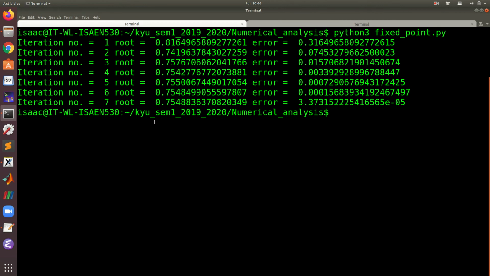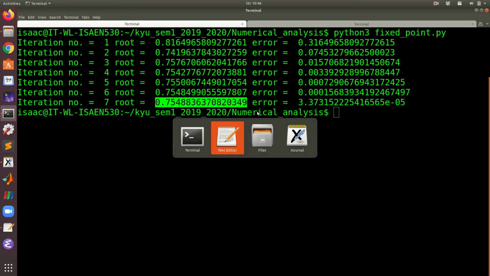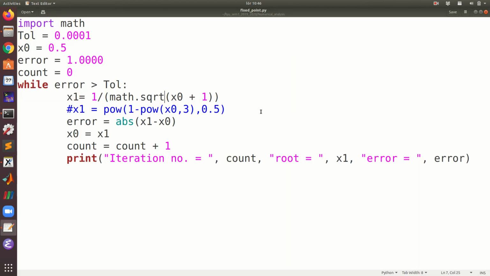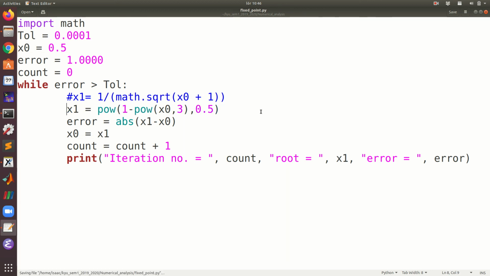When you also compare it by hand, I think this is the value which is in the notes, and then you should also try it by hand and then you see. So now lastly, I know this is taking so long. Lastly, we would like to see, so this form here is convergent and it has given us what we want. Now if we can comment that and remove the comment to that and then save that,